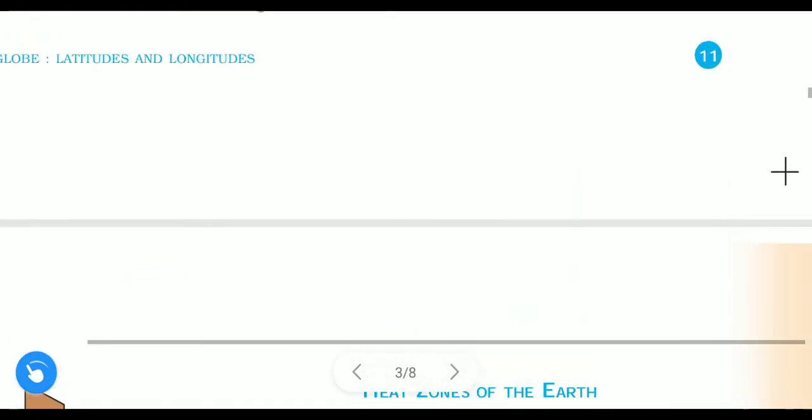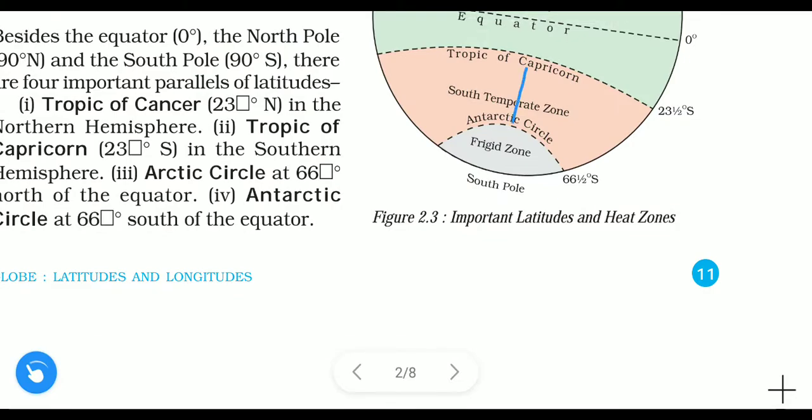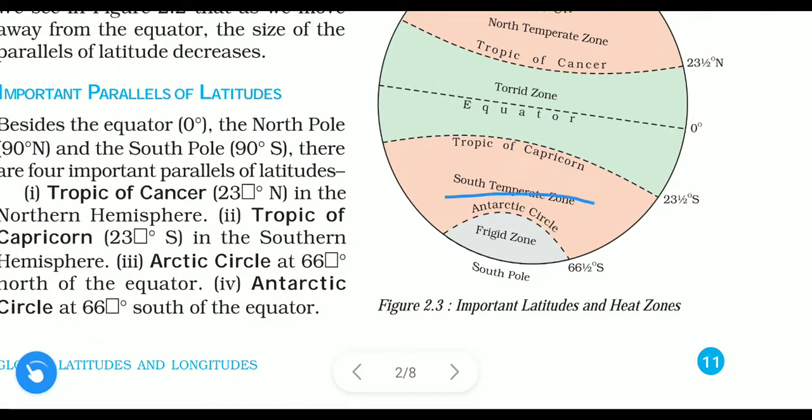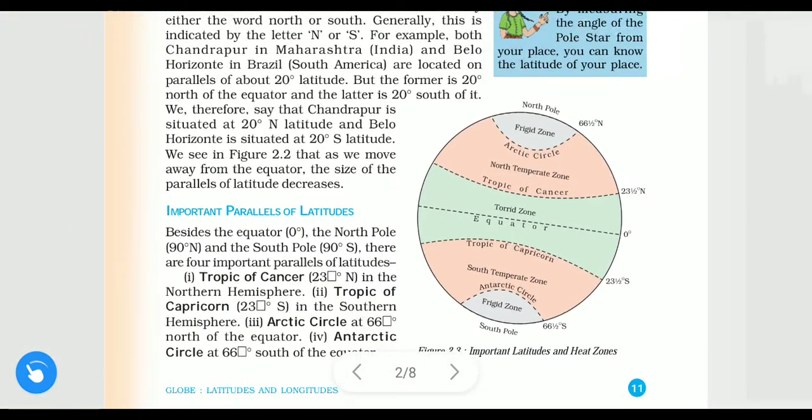Okay, so here I will show you from the diagram. Here it is said that midday sun means afternoon sun, which is never overhead from where? From the Tropic of Cancer to the North Pole, this whole area, and from the Tropic of Capricorn, this whole area. So all the latitudes in this region, the midday sun is never overhead.